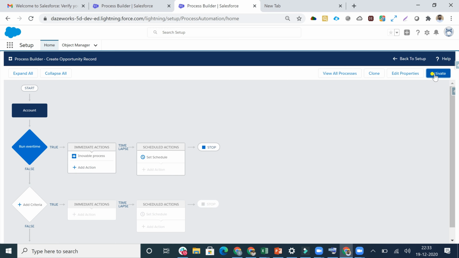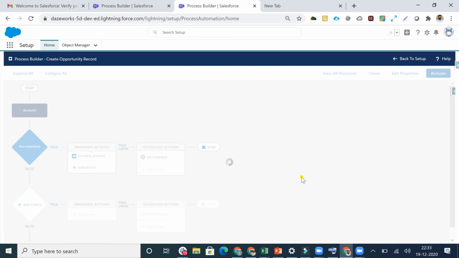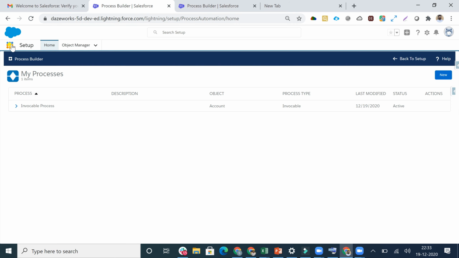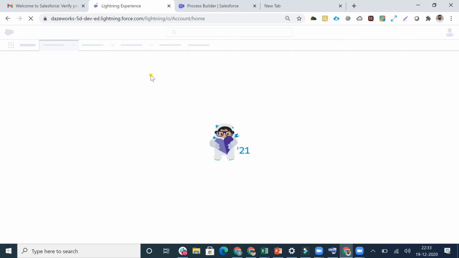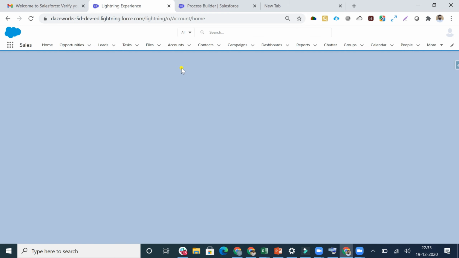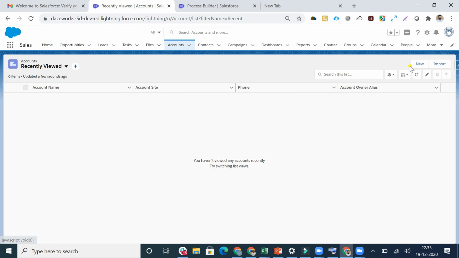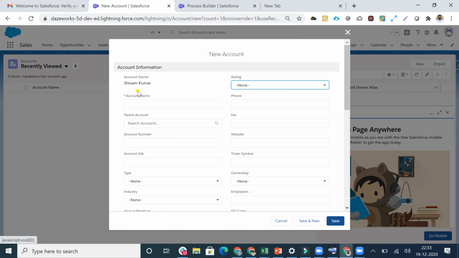What I'll be doing is activating this process, right? Yes, I'll be hitting activate. I'll be activating this version and hitting confirm. Right, guys? So now it's time for testing. I'll be going to accounts and creating one account record right from here. So yes, I'll be moving into the account object and creating a new account